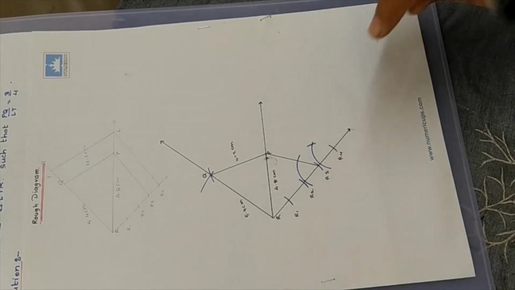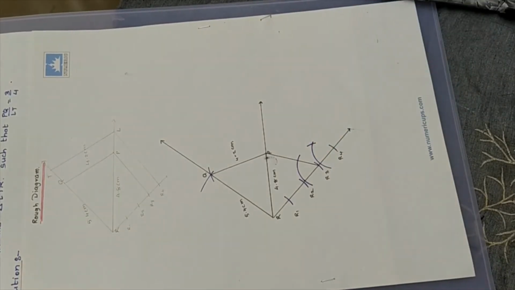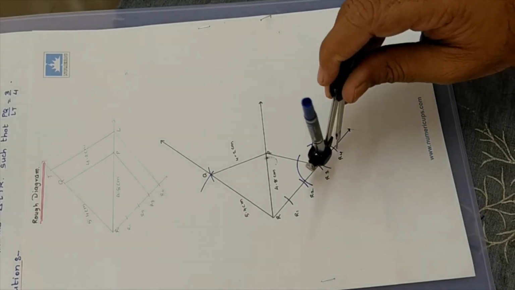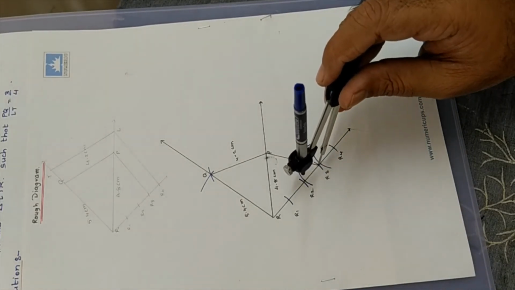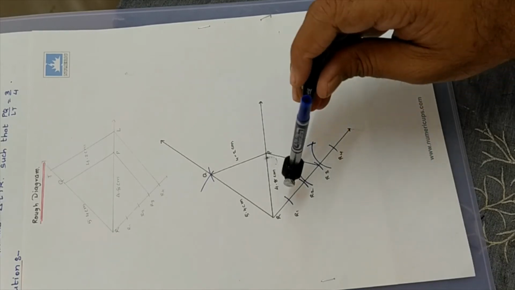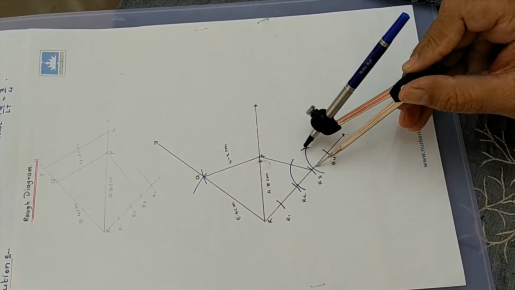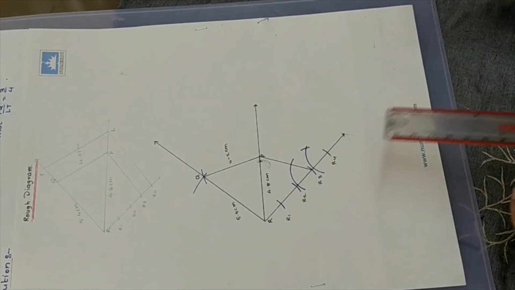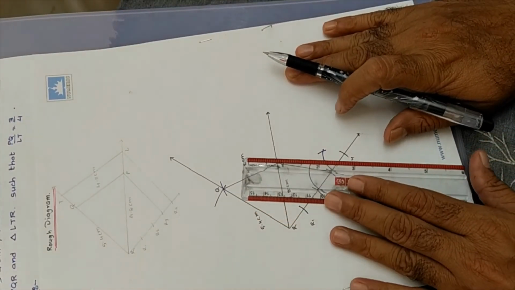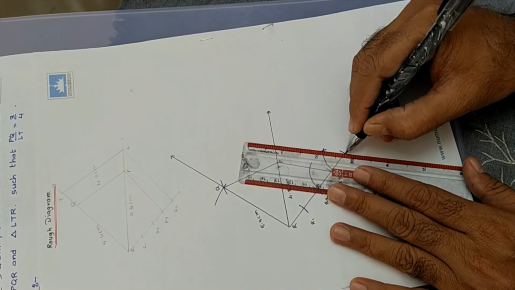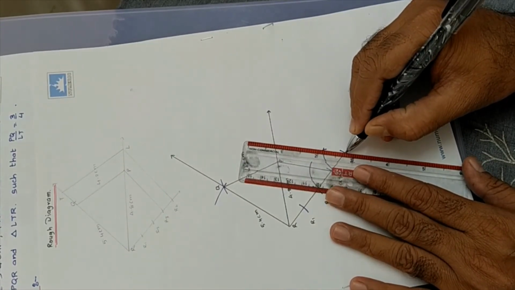So very simple, I'll again explain. Take some distance in your compass like this, draw the bigger arc. Same distance, put it on R3, draw the arc. Take the measure of the angle and put your compass on this and draw the arc. Okay, easy. Now join this one. In this way, if you draw, you will get the exact parallel line to PQ.